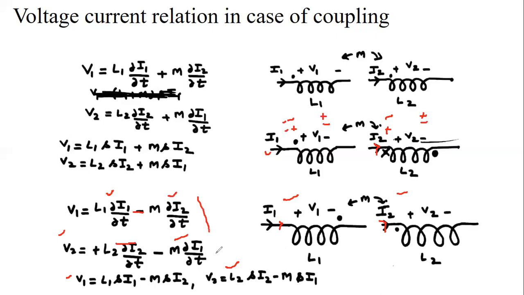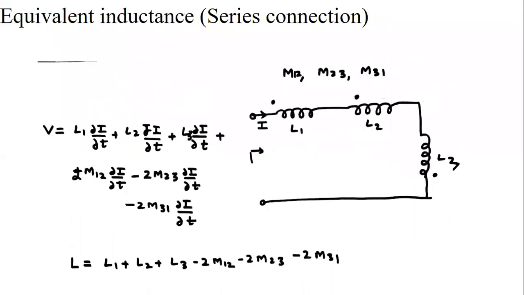So the equation remains the same. Whenever current is entering from the same terminal, the strength of the voltage will increase, and both terms will be added: the flux of the self coil and that due to the mutually coupled coil. And if they are opposing each other, then the EMF due to the mutually coupled coil is reduced from the self EMF.